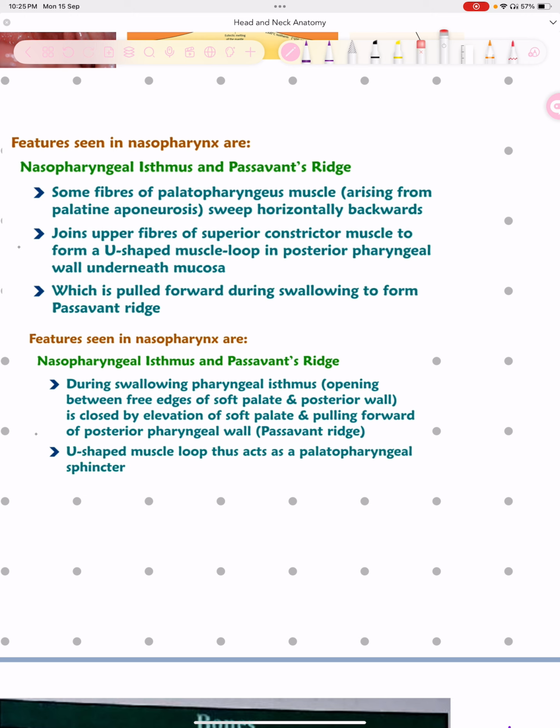Now, if you want me to read any other definition from the book, I'll surely do that too. I think that's pretty much it. There's one definition in the book, I'll just read it off for you guys. It says that for Passavant's ridge, the horizontal fibers of the right and left palatopharyngeus muscle form a Passavant's fold